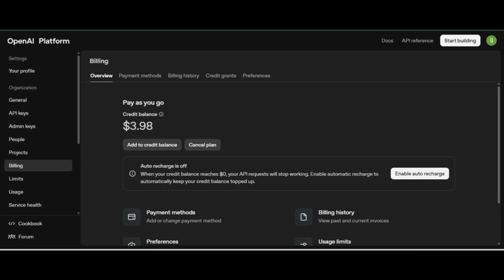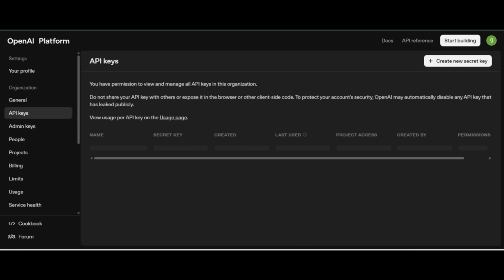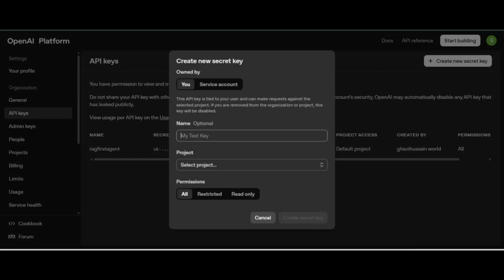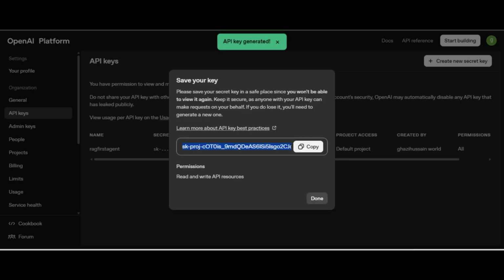After adding your billing, go to API key and create. I have one already, but click on create new secret and give your API key a name, like customer support agent, project type default, and create secret key. After you click create secret key, it will generate the OpenAI API key.